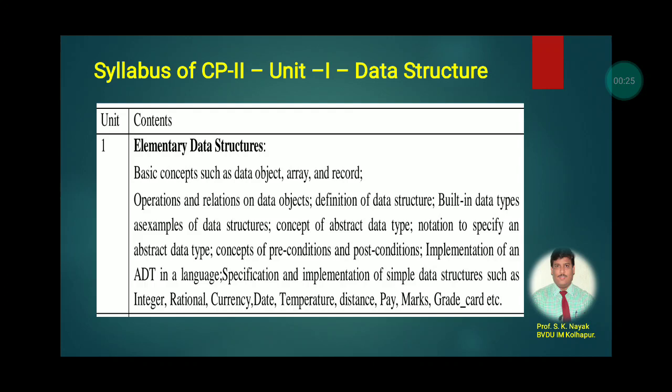This particular unit comprises basic concepts such as a data object, array and record, operations and the relations on data objects, definitions of data structure, built-in data types, examples of data structure, concept of abstract data type, notation to specify an abstract data type, concept of precondition and post conditions, implementations of an ADT, abstract data type in a large language, specification and implementation of simple data structures such as integer, rational, currency, date, temperature, distance, pay, marks, grade, etc. This is the content of unit 1 of CP2.